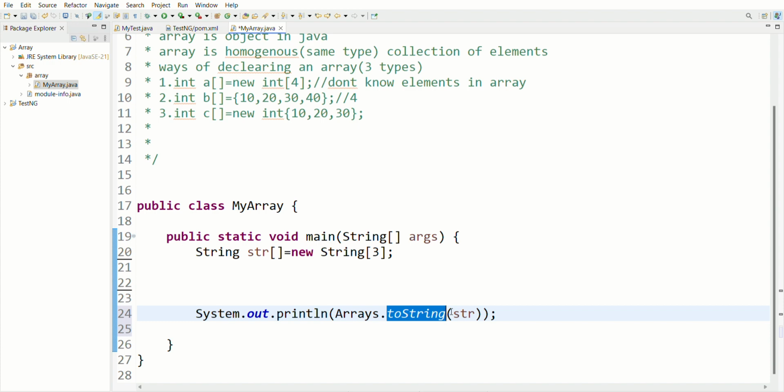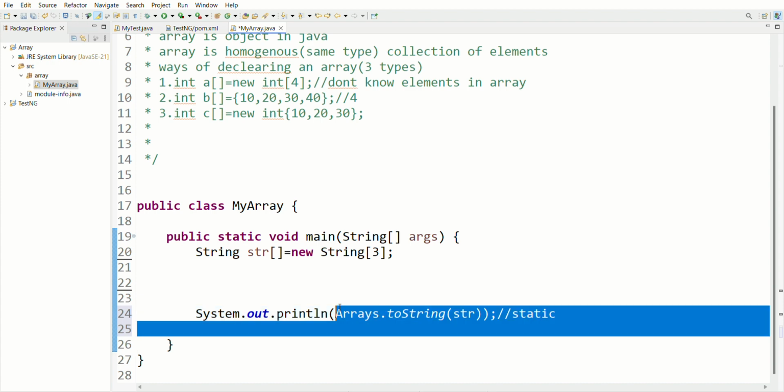Can you tell me which type the toString method should be? Is this method a static method or an instance method? This method is static. You have to answer which type of method this is by looking at the method. As you can see here, Arrays.toString, we are using the class name, the class reference.